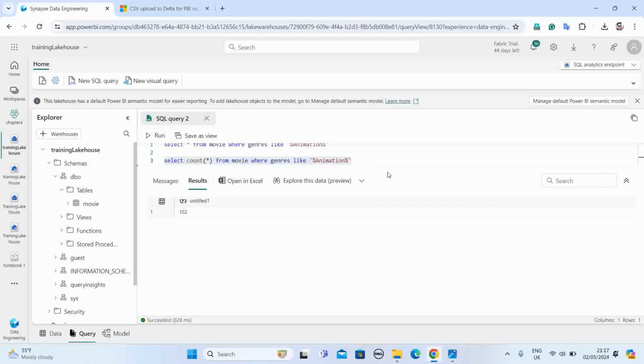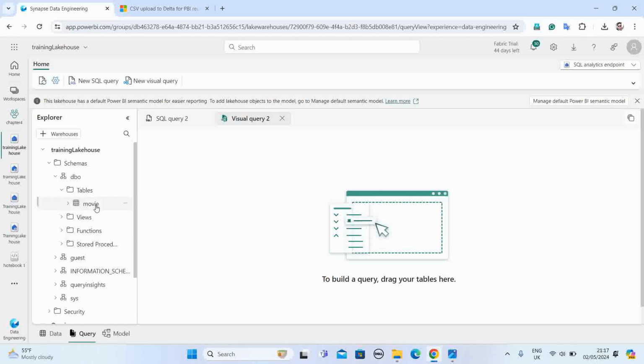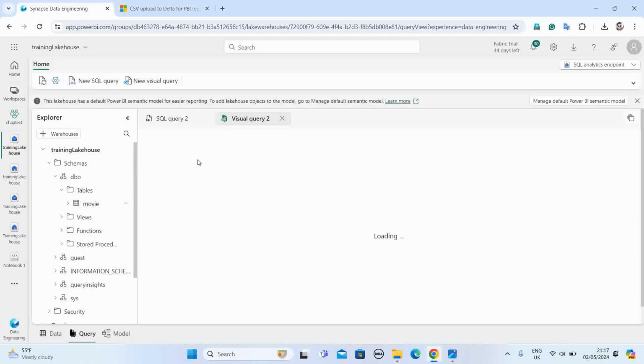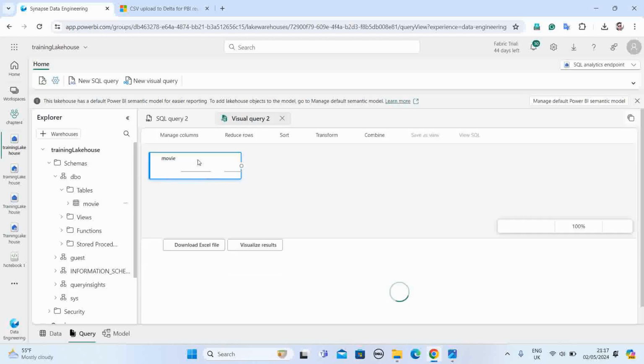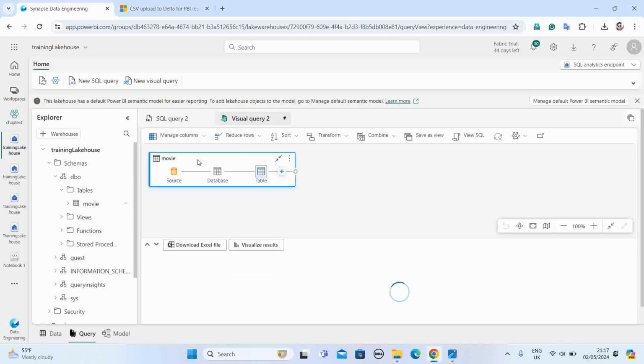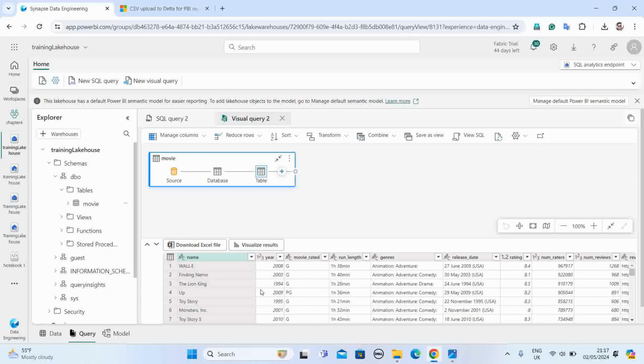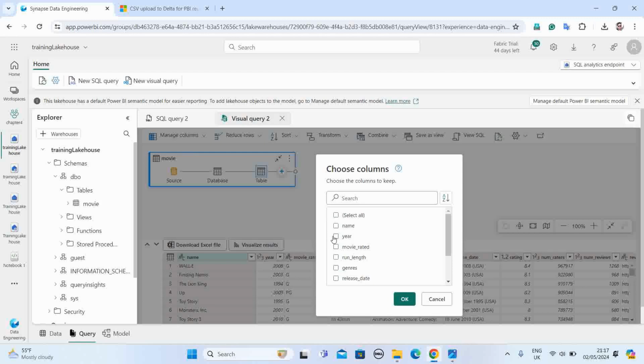But maybe if you are not aware of some of the SQL syntax, there is another option, new visual query. What's that? Just drag and drop this movie table here. So our movie table is completely displayed here. Now I want to filter this movie table and create one group by, one aggregated query. Select manage column, choose column. For example, if I want to select year and movie name,